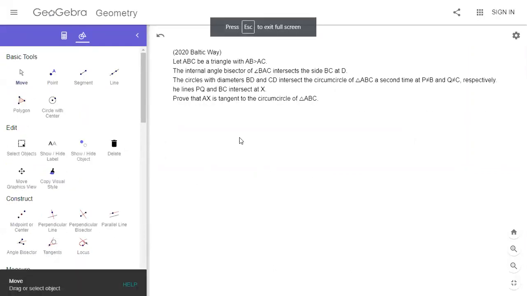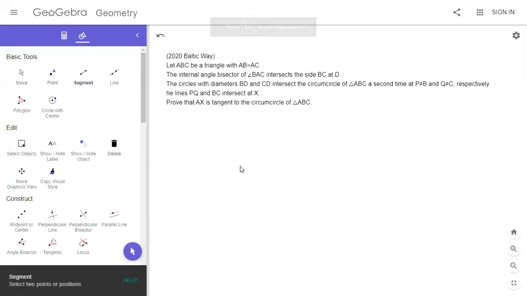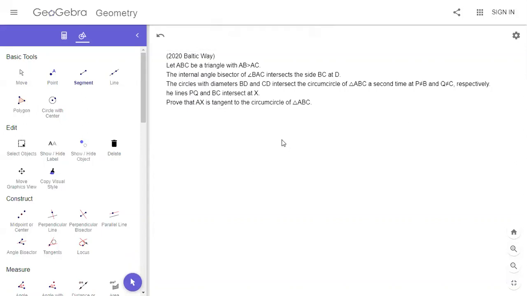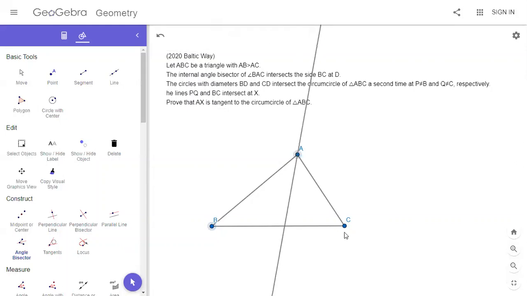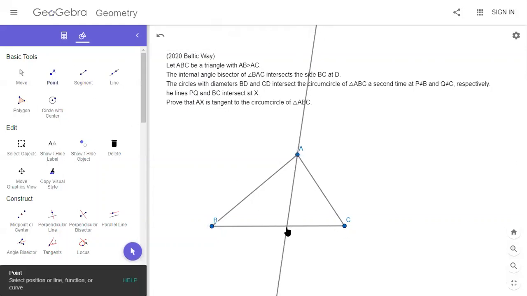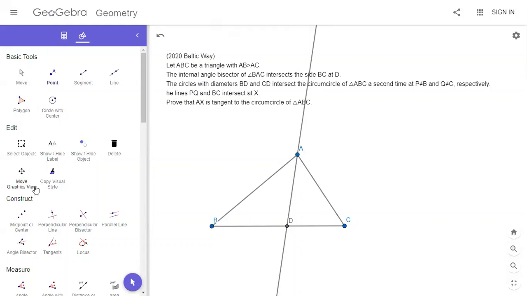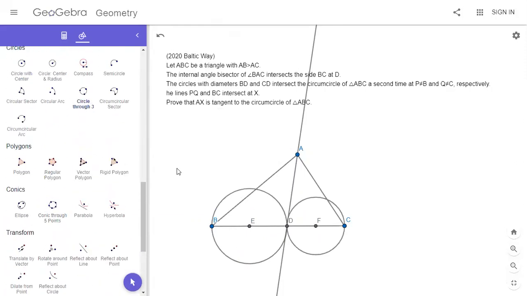Another 2020 Baltic Way. There's 20 problems on each Baltic Way because it's a team contest. AB is greater than AC in this case. The internal bisector of BAC intersects BC at D. The circles with diameters BD and CD is interesting. So we draw the circles with diameter BD and CD, and we see where they meet the circumcircle